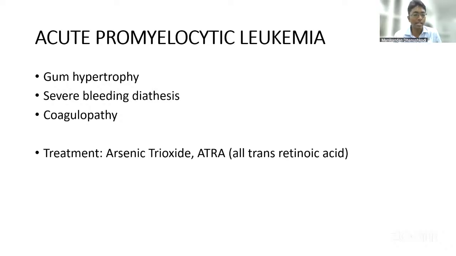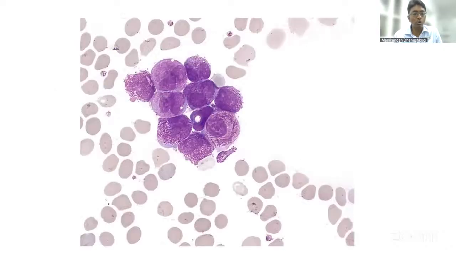This is a differentiating agent, and there is no chemotherapy that is needed in acute promyelocytic leukemia, excepting in those patients who present with high white cells, wherein we need to do a cytoreduction with a low dose of chemotherapy. So if there are any residents, this is one take-home slide you have to remember.